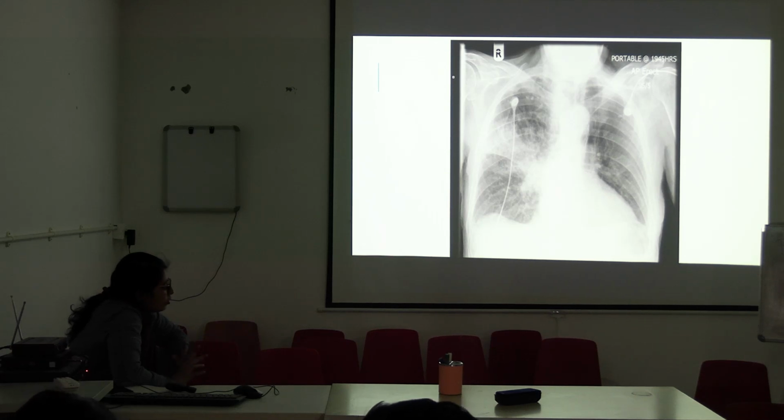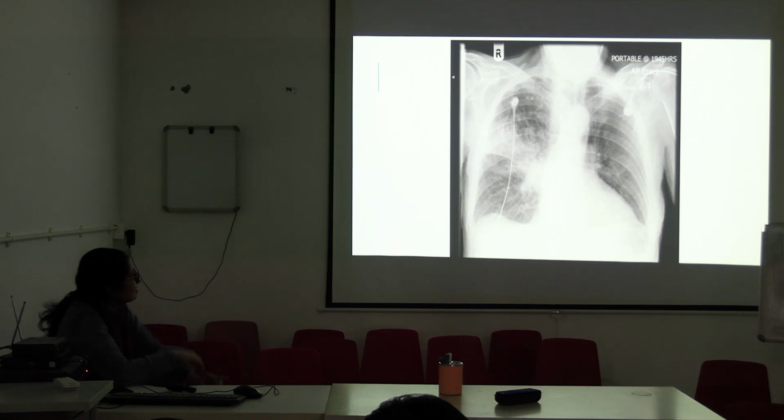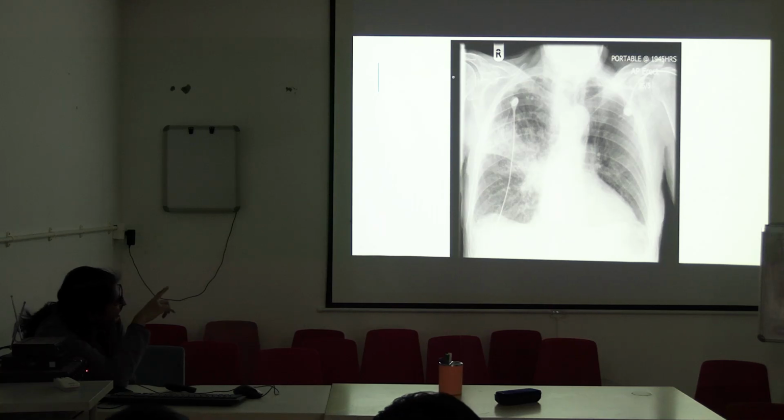AP লেখা আছে, call it PA view. ঠিক আছে, PA view. Then সব সাদা লাগছে, তাহলে কি? Underexposed. Then the position, ট্রেকিয়াটা তো আমার মিড লাইনেই মনে হচ্ছে নর্মাল, ঠিক আছে।